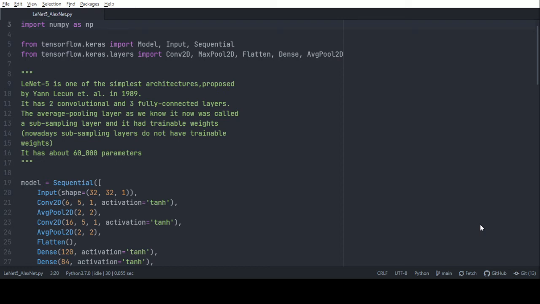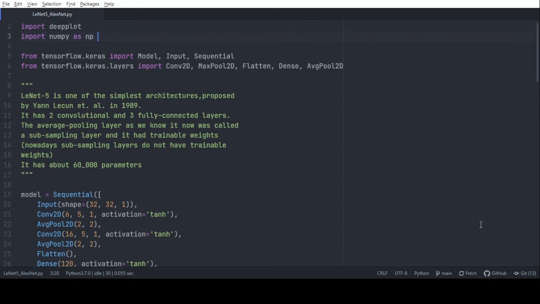Welcome to this first tutorial on CNN architectures, and in this particular section I will be talking about the LeNet5 architecture and the AlexNet architecture. So let us begin with the